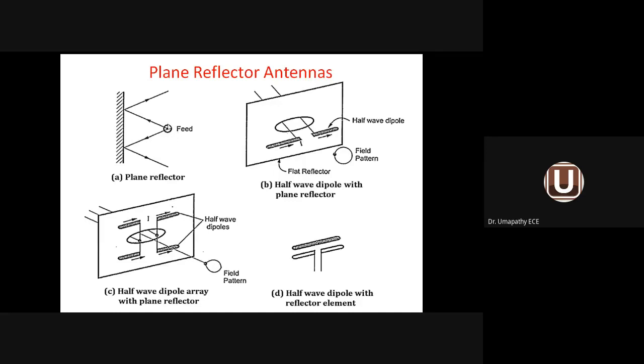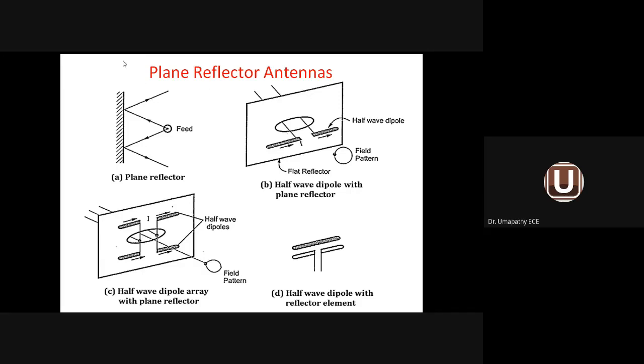This one is the feed. Feed means your dipole, your slot antenna or horn antenna. The feed is also called primary antenna. So we call it feed or primary antenna. We have a reflector here. Reflector means a plane reflector. Now I am going to use it at the transmitting side. There are 2 types of antennas available. One is for transmission purpose, another one is for reception purpose. But in this case, I am using it only for transmitting purpose. So the feed is the primary antenna, which may be a dipole or a slot antenna or a horn antenna.